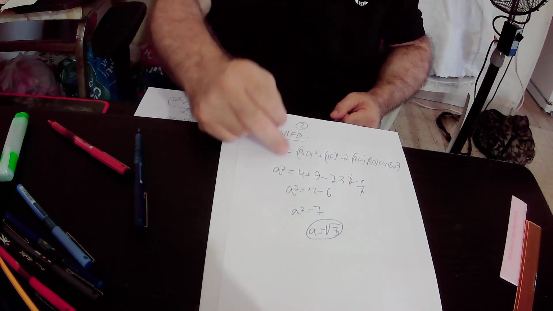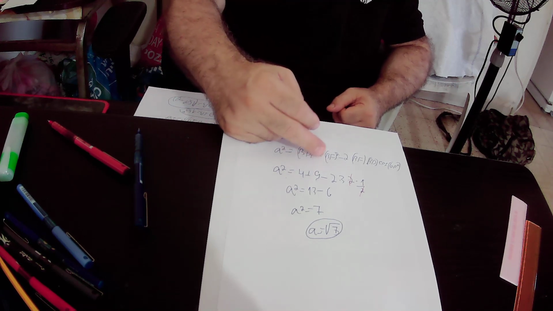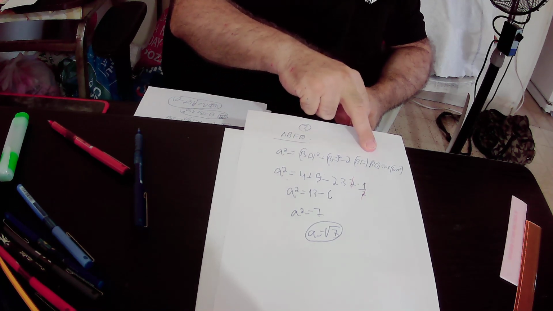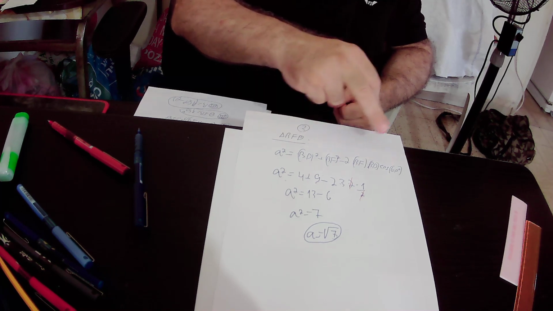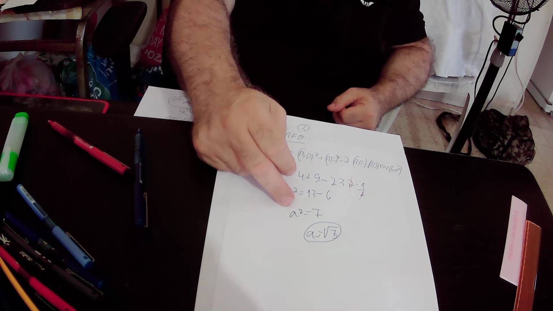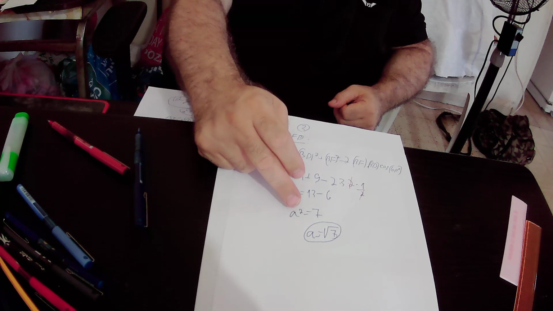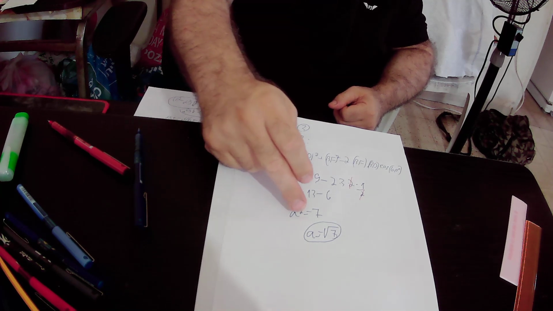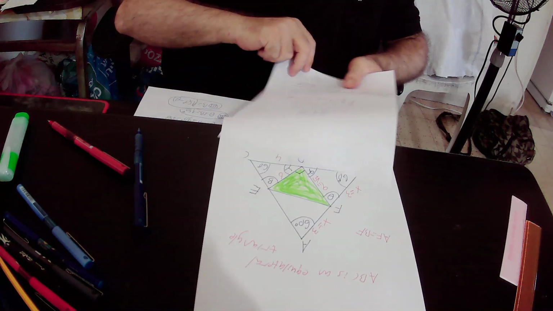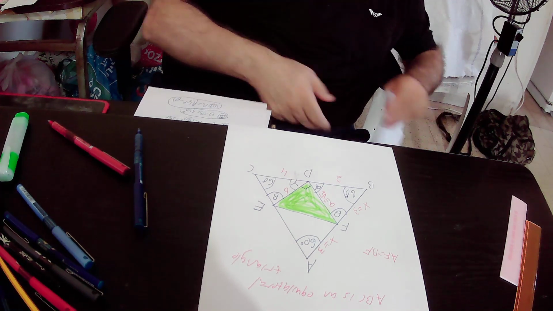Okay, so A squared equals 2 squared plus 3 squared minus 2 times 3 times 2 times cosine 60 degrees, which is 1 over 2. So we got that A squared equals 7, so we took the root of this equality, and we got that the value of A is the root of 7 units. Okay, A equals the root of 7 units, and then